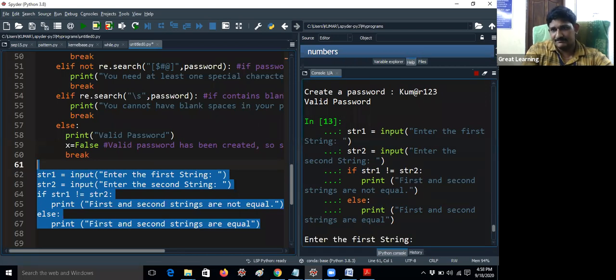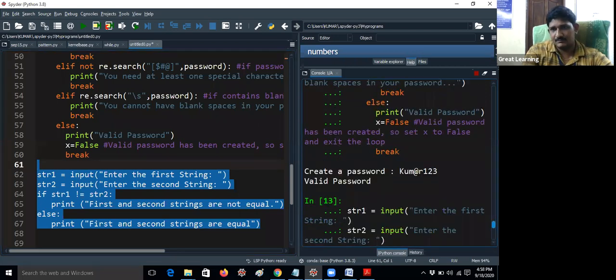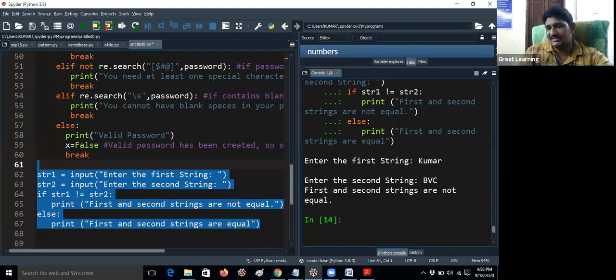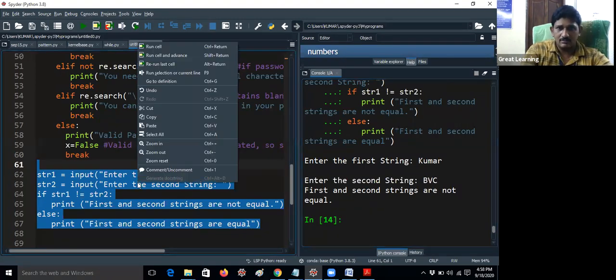Enter the first string. I am giving Kumar. Enter the second string. I am giving BVC. First string and second strings are not equal. Yes, it is true. I will give